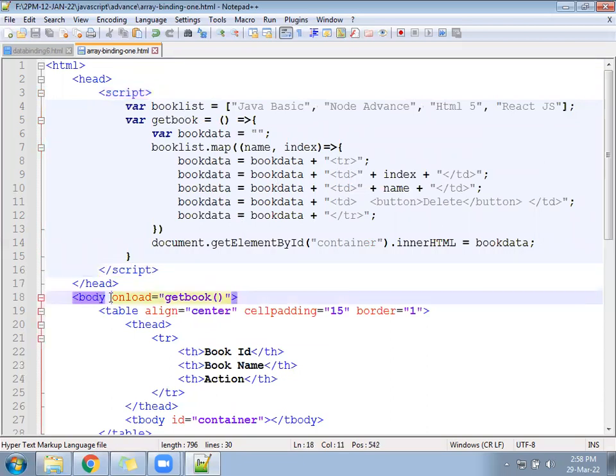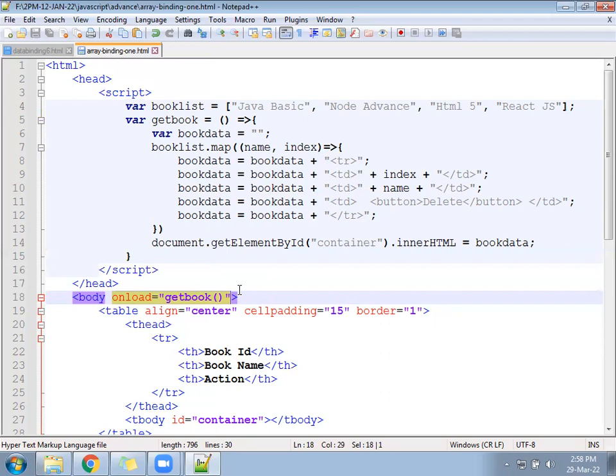On load, you have to call the function here. Yes, now it should come.